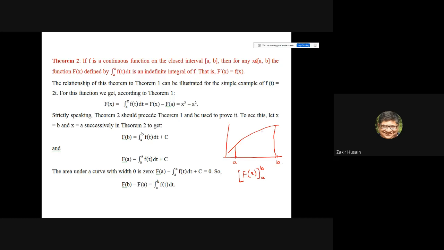this range. We don't know what comes over here. It may be like this, it may be a step function, whatever. But within A to B, it is continuous. So if we take an interval like this, and we want to find out the area between A to X, we can again apply the fundamental theorem. It will be simply,